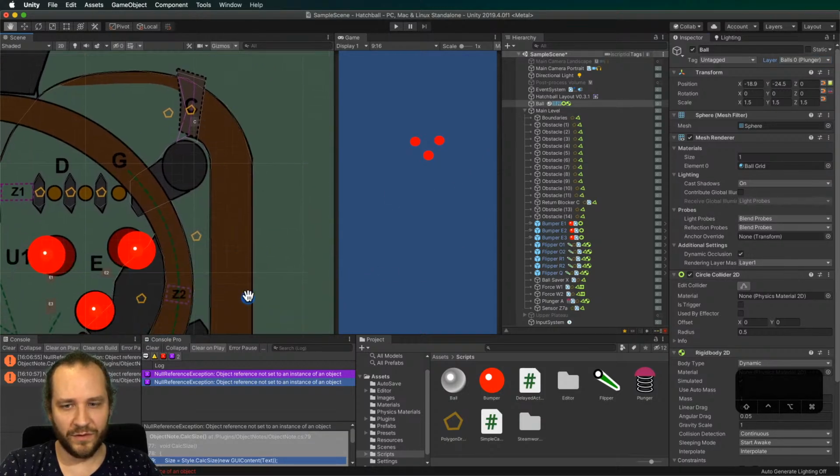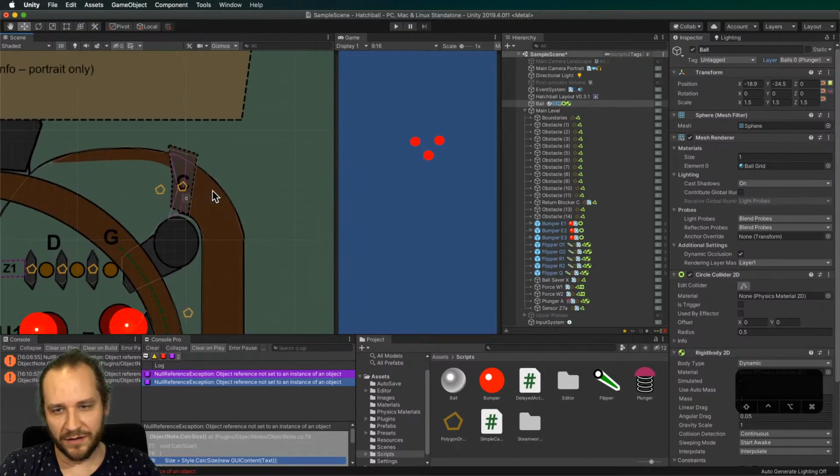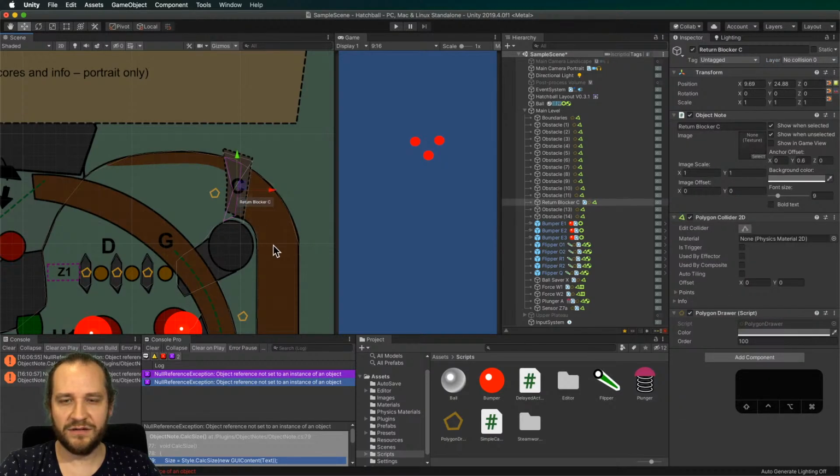And once the ball gets up there, goes up here, and gets into this detector, then it should change its layer to the in-between layer, which also doesn't collide with. The only thing that this collides with is if the ball is actually in layer 1, which it will get to once it actually exits this. So